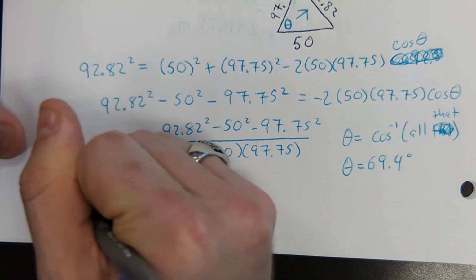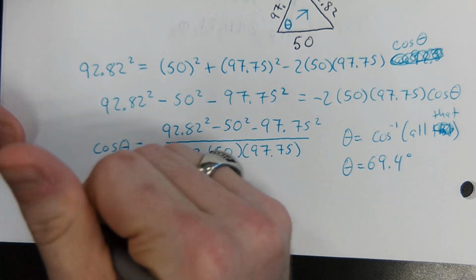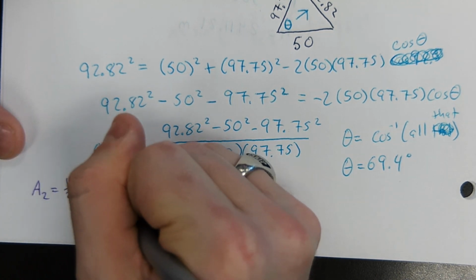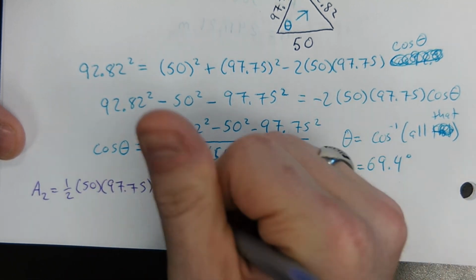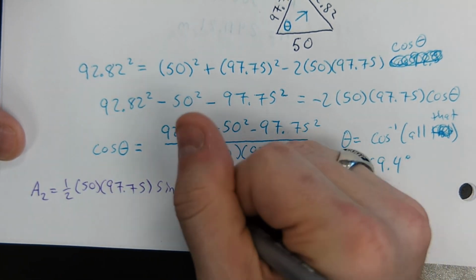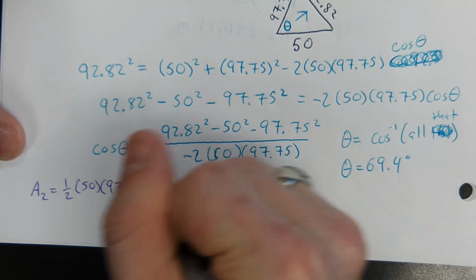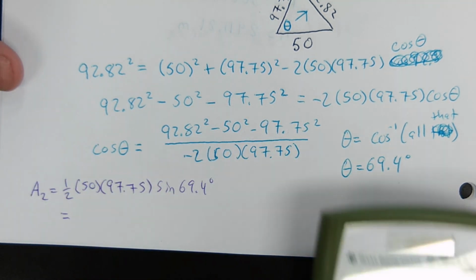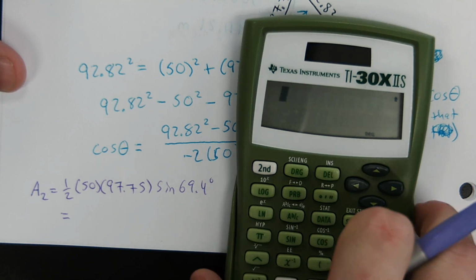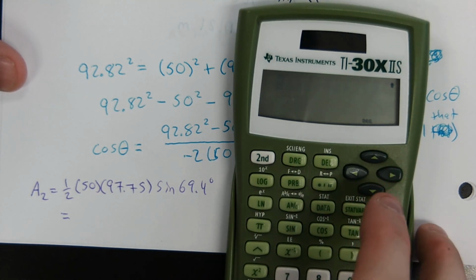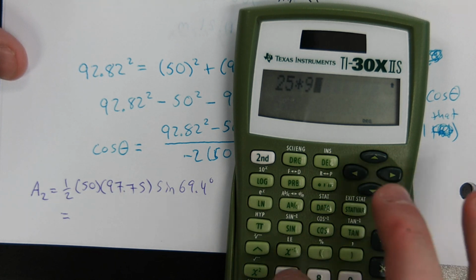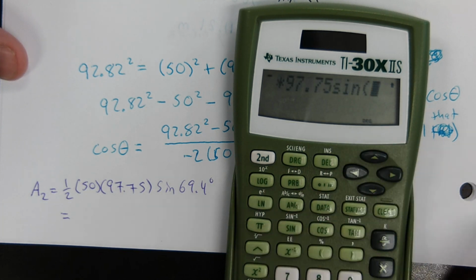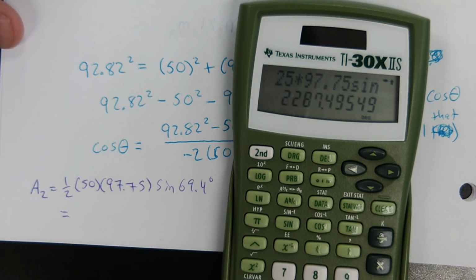Area 2 is 1/2 times 50 times 97.75 times sine of 69.4 degrees. Okay, we're almost there, guys. It's like this one was a marathon, it wasn't a sprint, okay? 25 times 97.75 times sine of 69.4 is